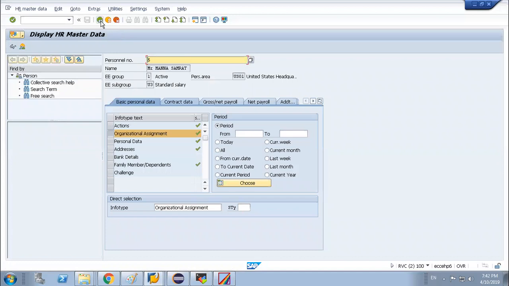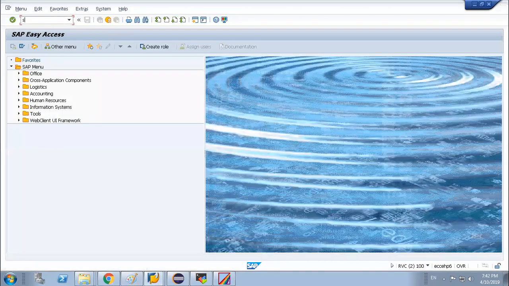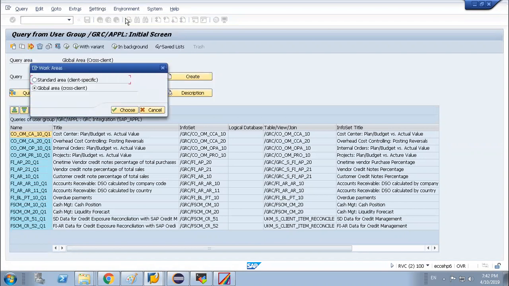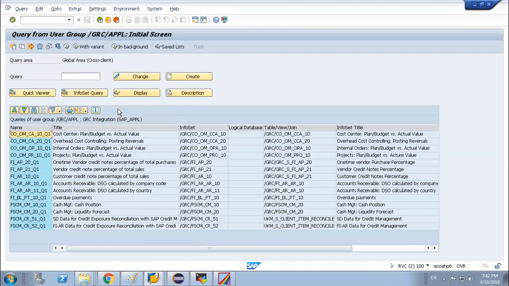Where will we create a query? In SQ01. SAP has already provided some standard query areas. That is the global area, and under the global area we will have the other query groups.